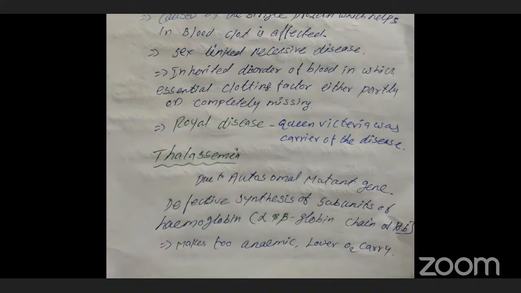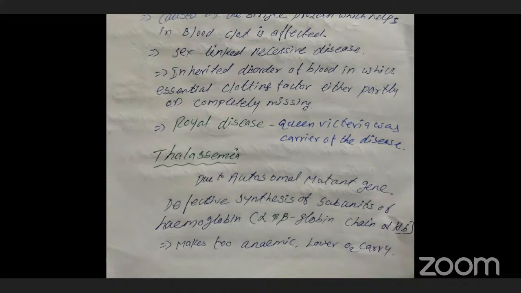Here, there is defective synthesis of hemoglobin, specifically in the subunits of hemoglobin, the alpha and beta globin chains. So the changes occur in the alpha and beta globin chains of hemoglobin. So thalassemia makes a person anemic,